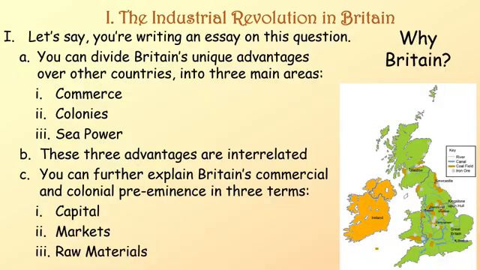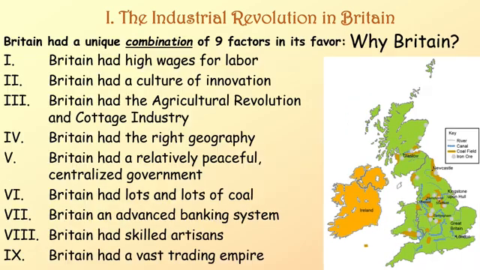Let's say that you were writing an essay on this question. You can divide Britain's unique advantages over other countries into three main areas. Number one, commerce. Number two, colonies. And number three, sea power. These three advantages are interrelated, and you can further explain Britain's commercial and colonial preeminence in these three terms: capital, markets, and raw materials. Britain had a unique combination of 9 factors that we can identify, and we're going to